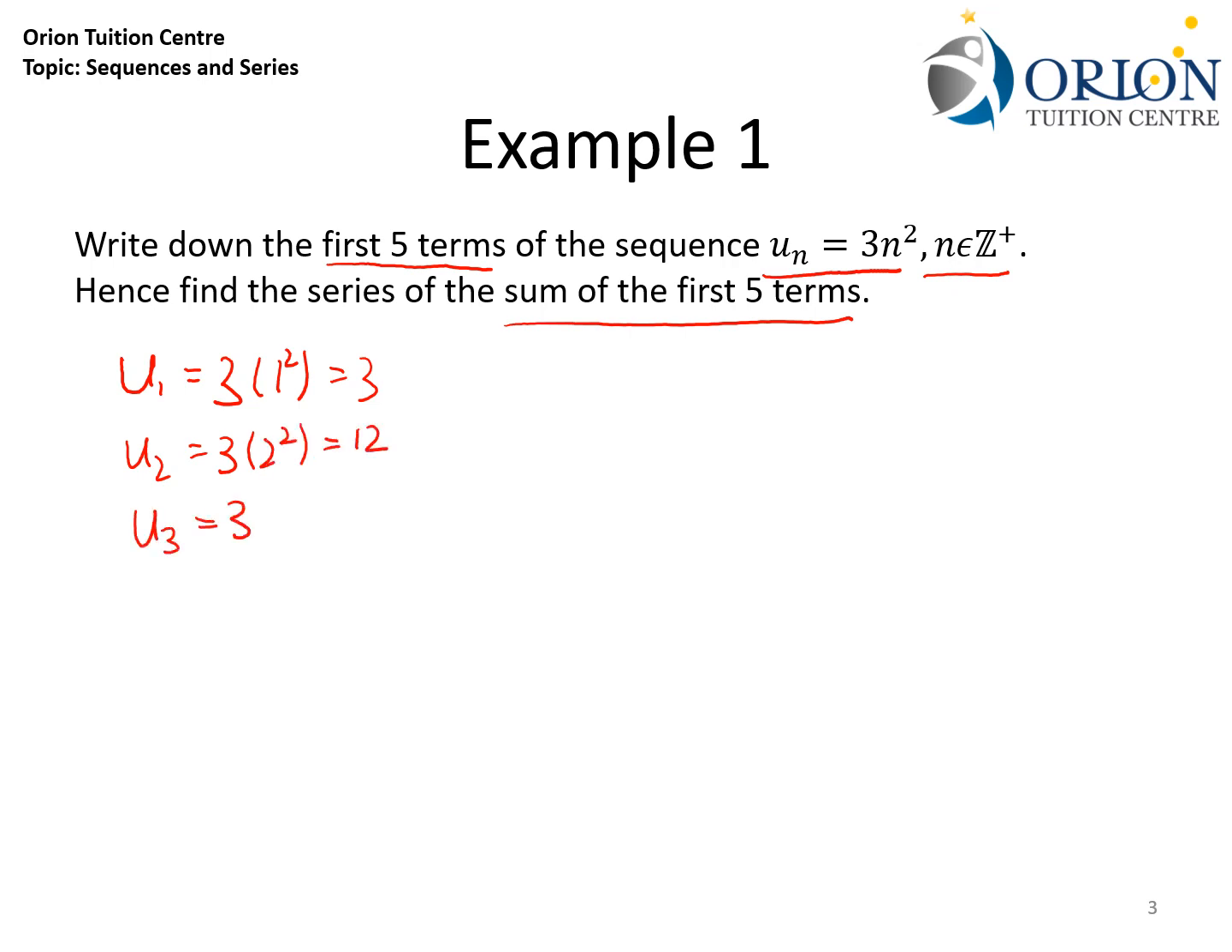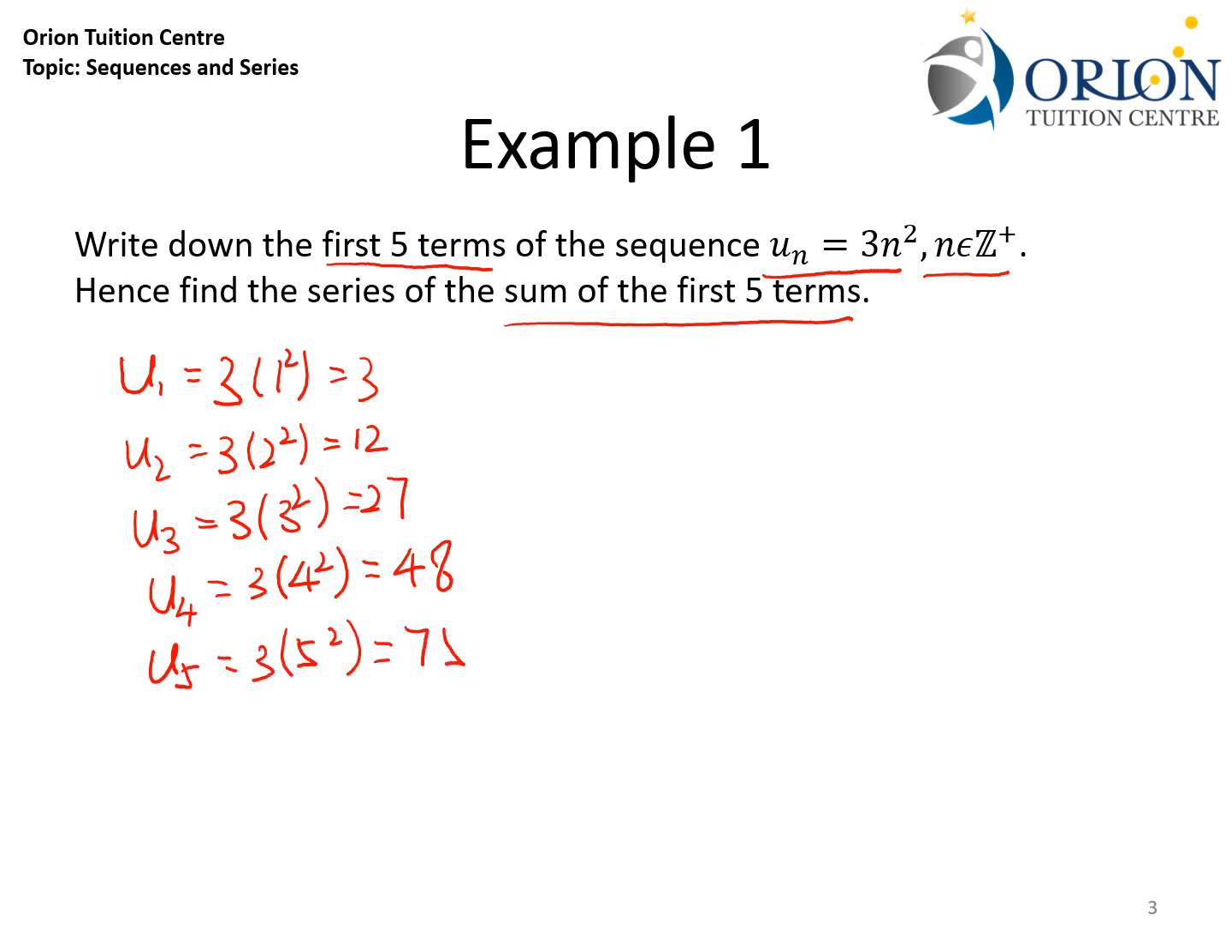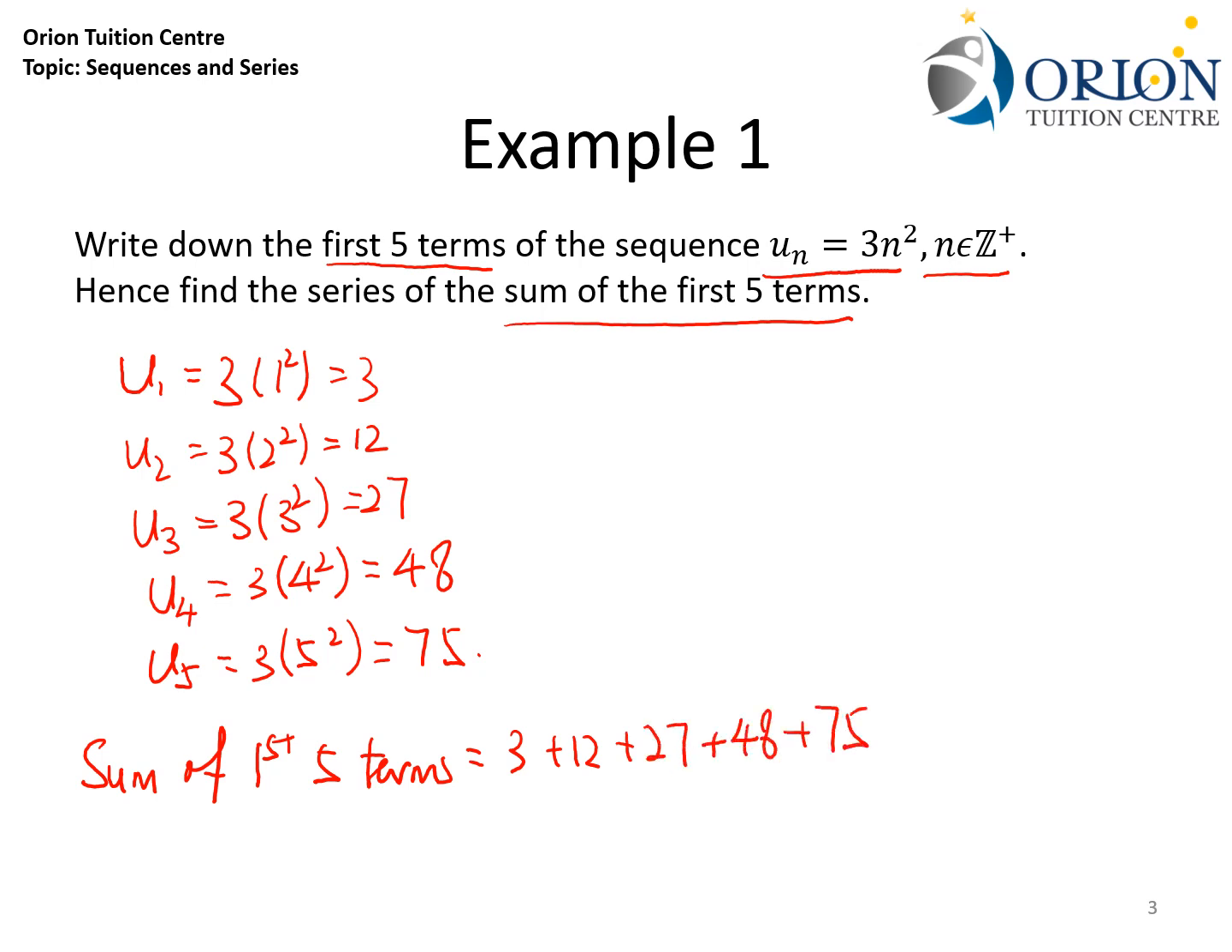U3 will be 3 times 3 squared, which gives us 27. U4, 3 times 4 squared, which gives us 48. And finally, U5 will be equal to 3 times 5 squared, which gives us 75. And to find out the sum of the first 5 terms, we simply have to add them up. So the sum of the first 5 terms will be equal to 3 plus 12 plus 27 plus 48 plus 75, which gives us